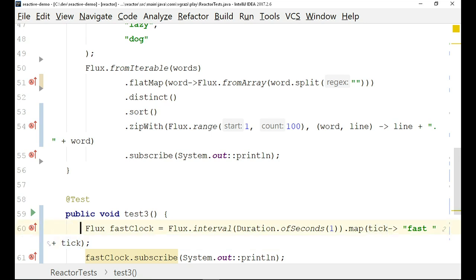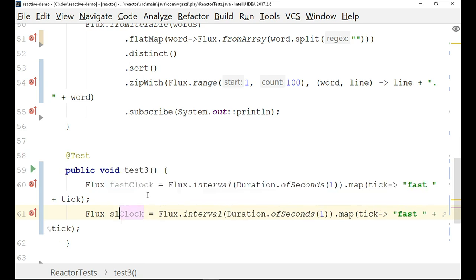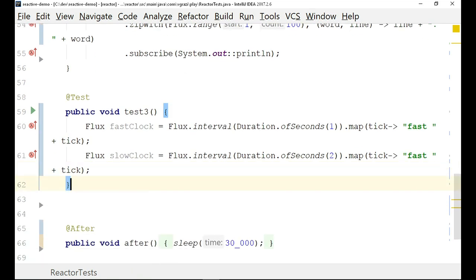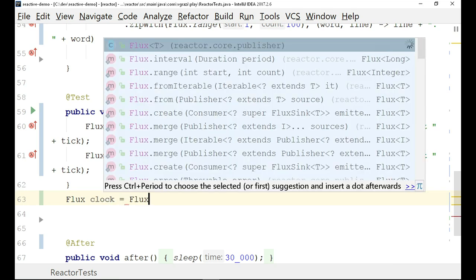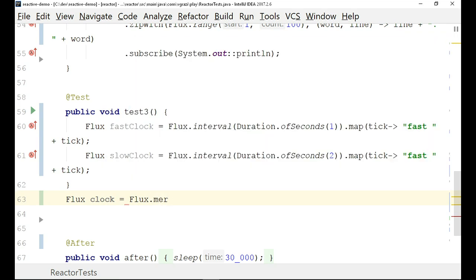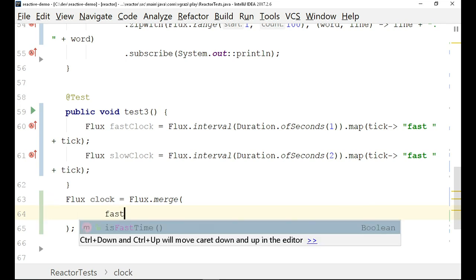Okay, very good. Now let's do the same thing, only we're going to call it a slow clock. And a slow clock is going to tick every 2 seconds. So now we have a fast clock that ticks every 1 second and a slow clock that ticks every 2 seconds. Finally, let's create a feed, just so that we have it. Well, actually, let's combine these two clocks into a big clock. So we'll call it the clock. And in order to join those two, we'll say flux merge. And we're going to merge those two clocks. So we're going to take the fast clock,